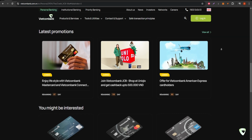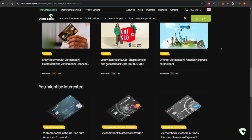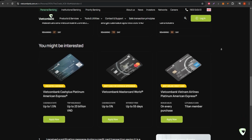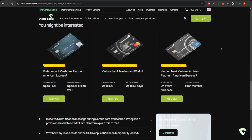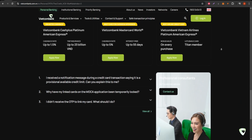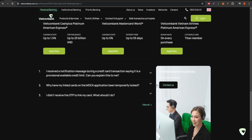use. Beyond the basics, the Vietcombank offers some customer-friendly features like access to online banking and the Vietcombank mobile app, which lets you manage your card transactions with ease. You could also set up automatic alerts for when your balance is low or when payments are due, helping you